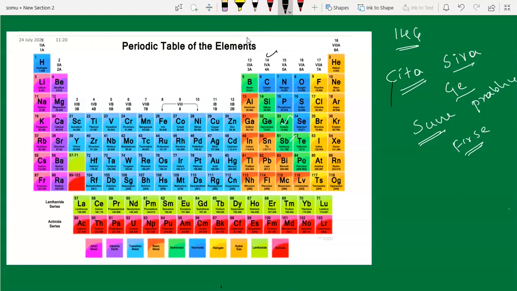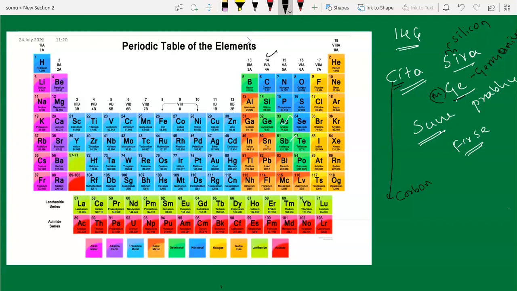Sita, Si, here you can take carbon. Okay, Ci will produce a C sound, right? That's why, from Shivji, Si, you can remember silicon. And Ge directly you can remember germanium. And you should remember germanium is a metalloid. Okay.